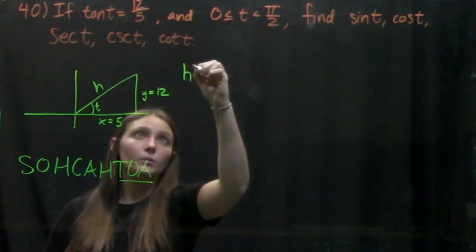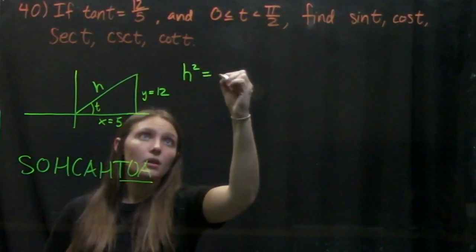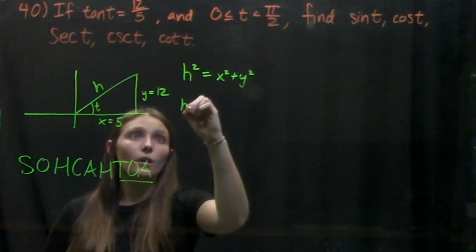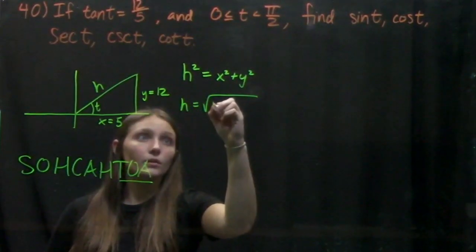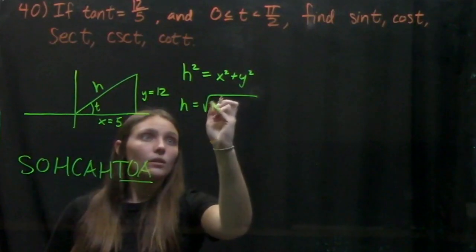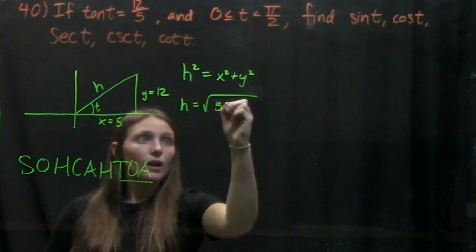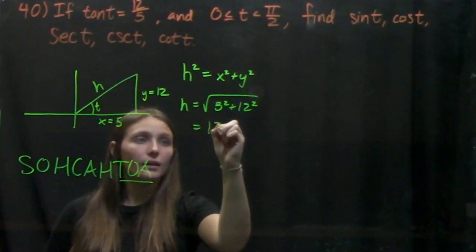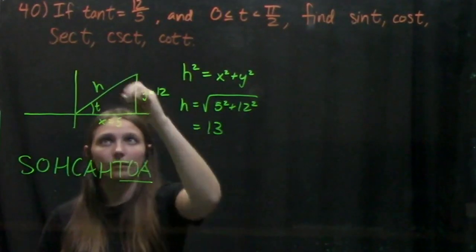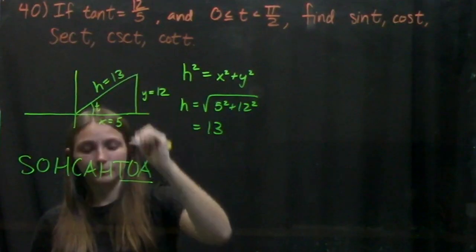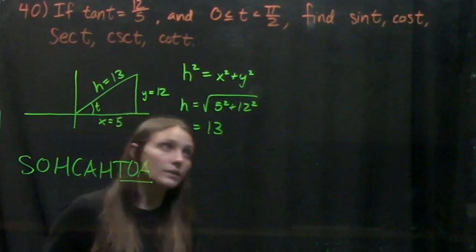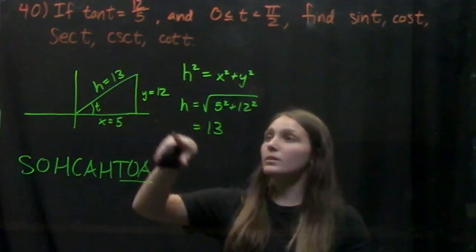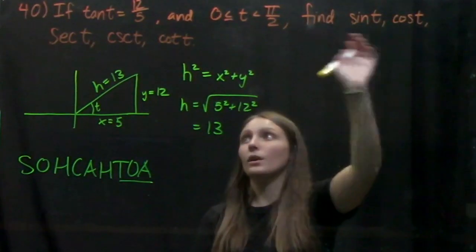So we go and we use the Pythagorean theorem. H squared equals x squared plus y squared. So our h equals the square root of 5 squared plus 12 squared. And when you do the math, we get our nice answer of 13. H equals 13. So now all that's left to do is plug our numbers into our equations for sine, cosine,